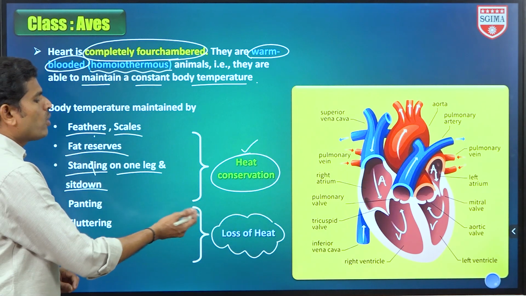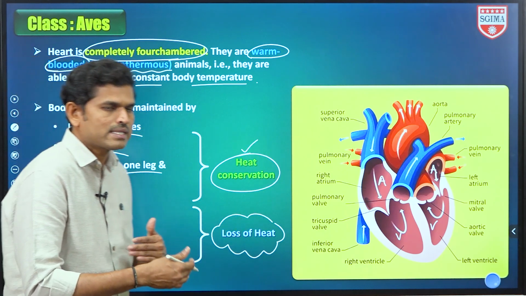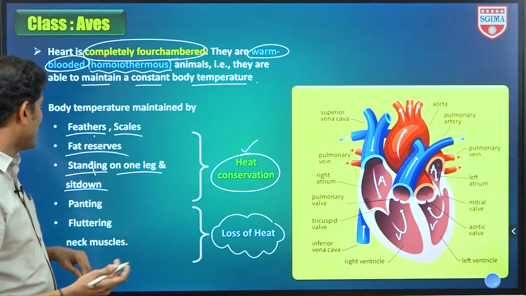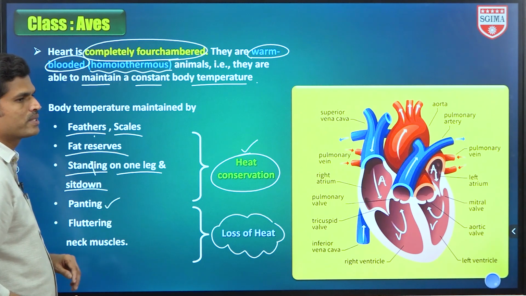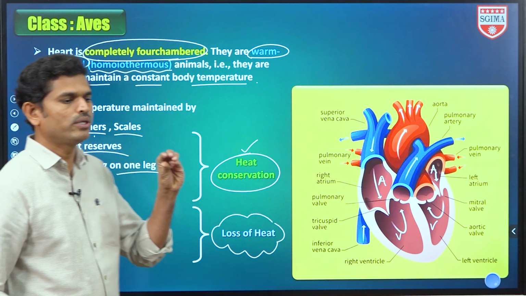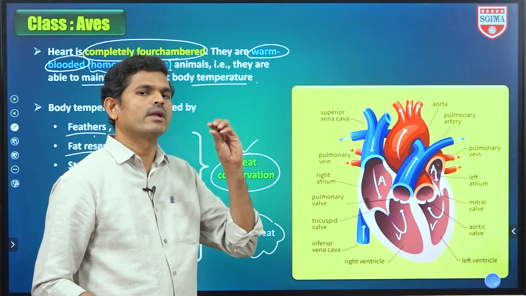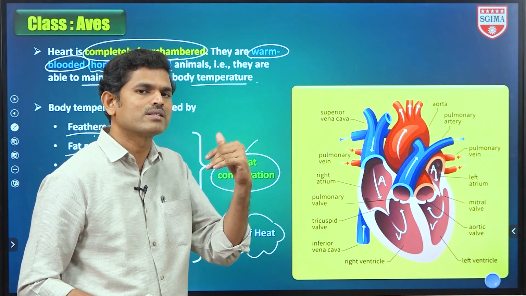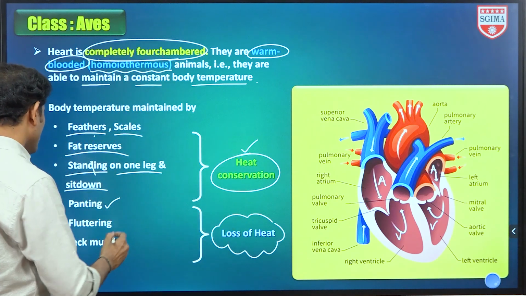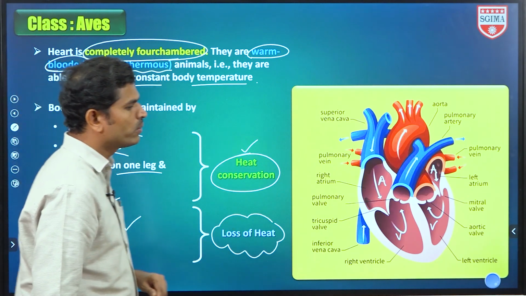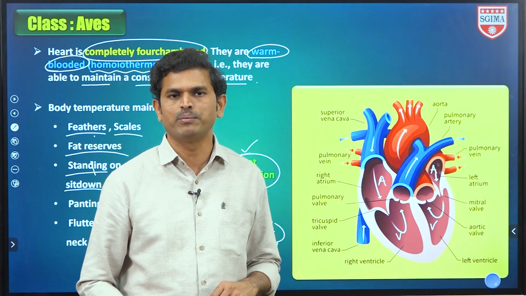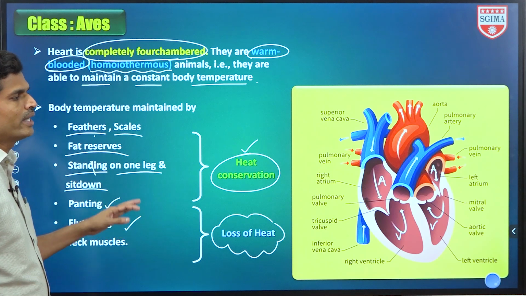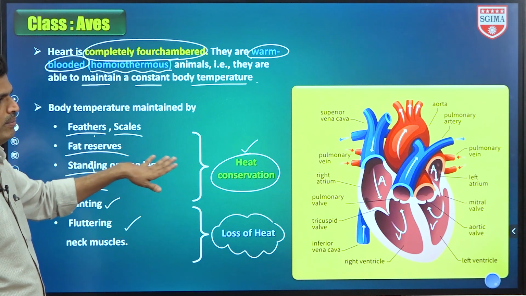And next one, heat loss mechanisms. Body may generate excess heat and it should release that heat also. As we know the panting process, dogs में भी हम observe कर सकते हैं. So birds in summer open their mouth, and here the lower side of the buccal chamber will be oscillating. So panting process and fluttering neck muscles. So the neck will flutter, so it moves. By that also heat is easily released from the body, and they maintain their body temperature. Okay.